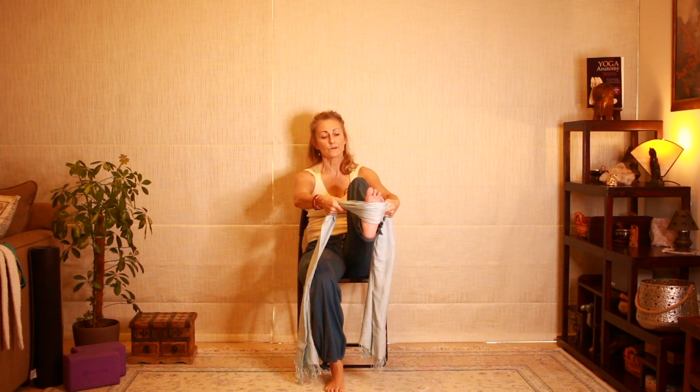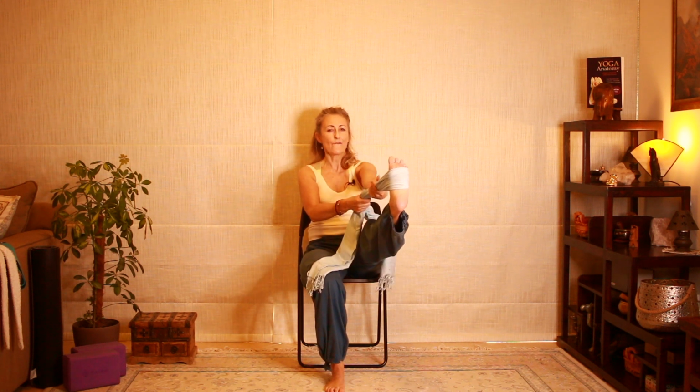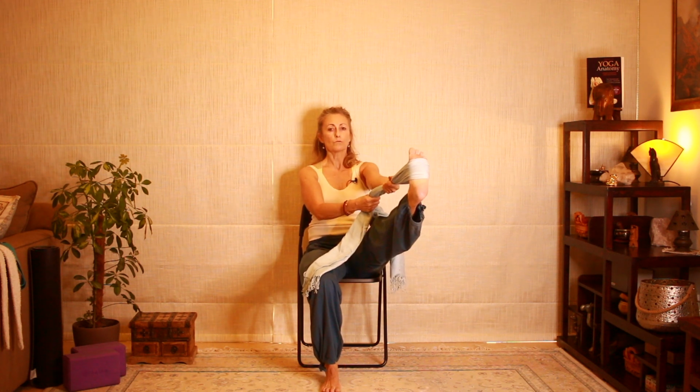Place your strap or your scarf around your right leg and get a nice firm hold of it with your right hand. Now that left arm goes all the way out, nice strong abdominal muscles, straight back, other foot is firmly on the ground, and when you're ready, extend and take that leg out to the side, feel that stretch and look over to your left. And keep that breath going, don't hold your breath on these. So keeping the breath going,